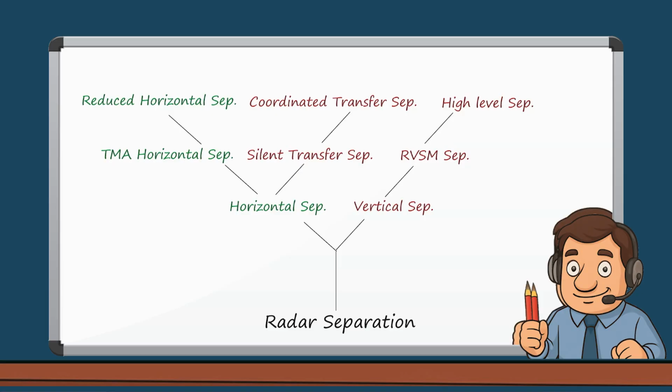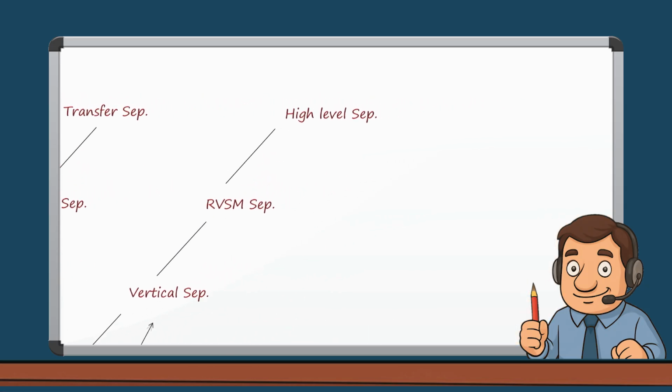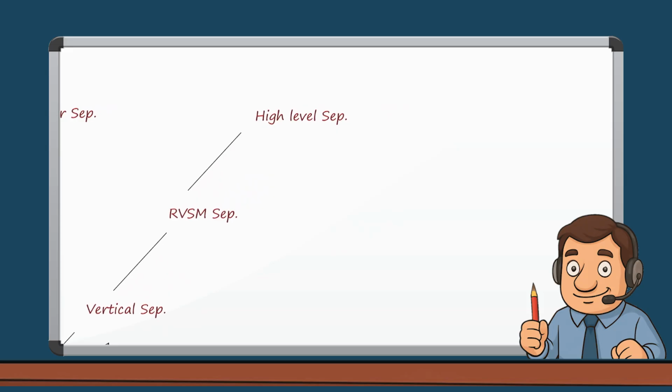Now, not only do we have this compared to S2 level, we even have the luxury of an added dimension, because if we can't maintain the horizontal separation, we must have vertical separation. Now, what is that? Well, it is that if the horizontal separation cannot be maintained, a vertical separation of minimum 1,000 feet is required